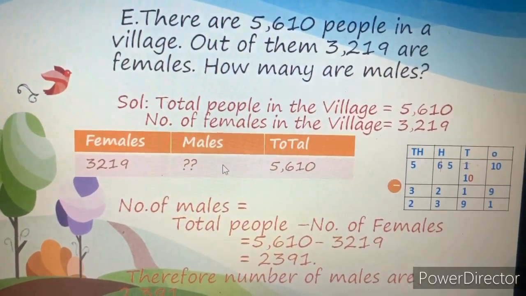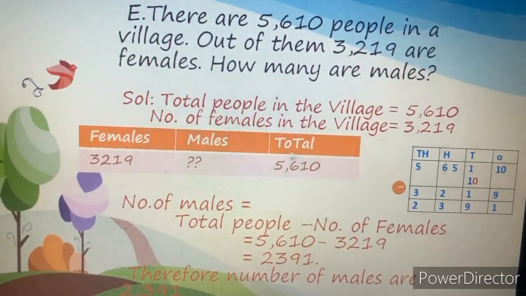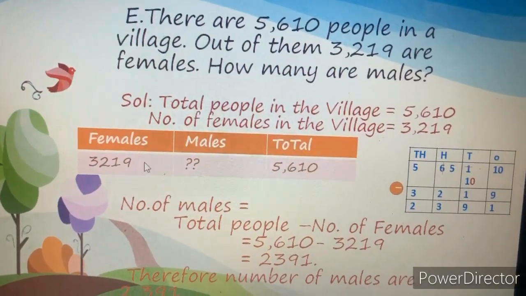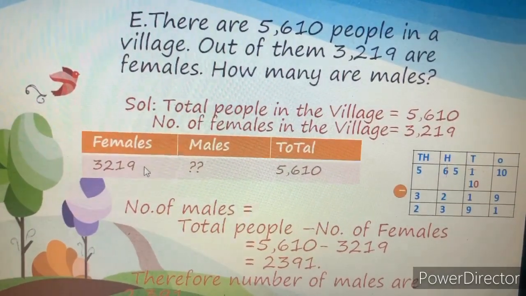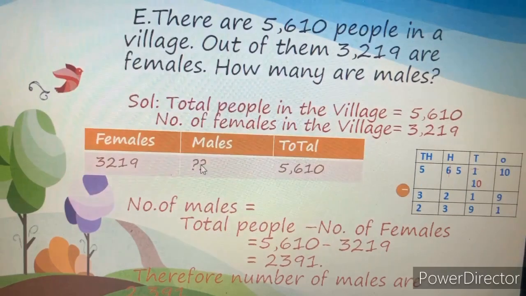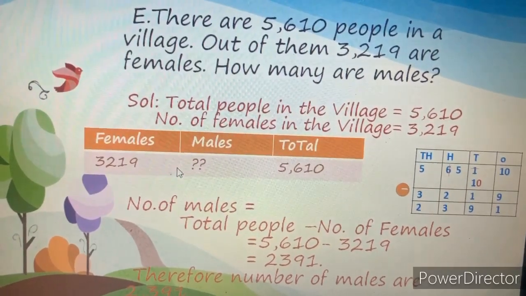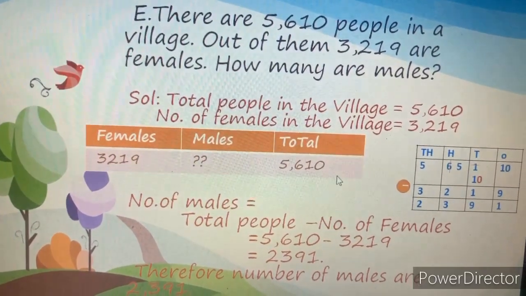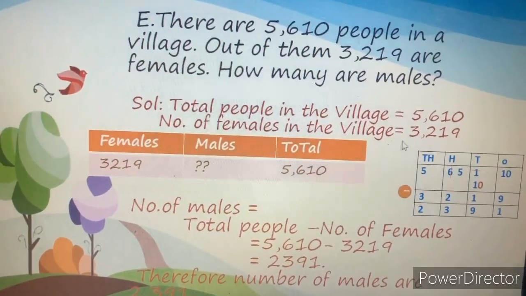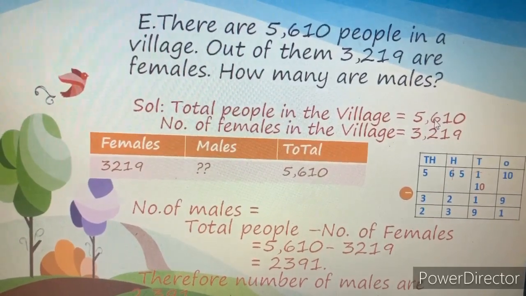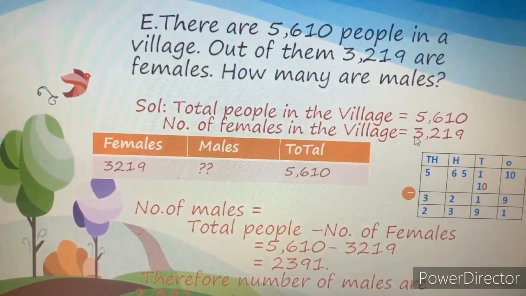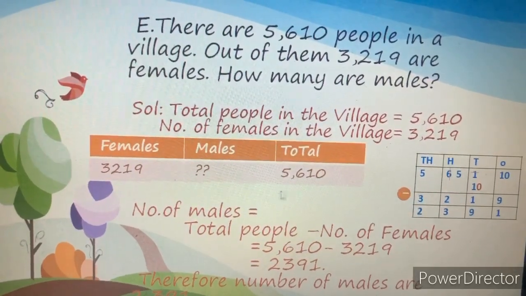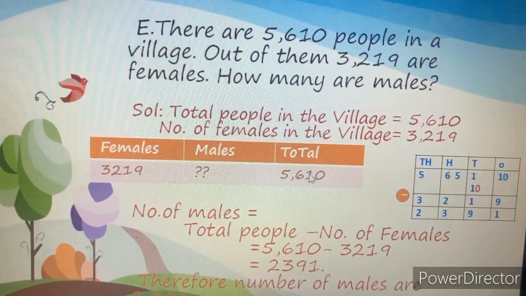Okay, children. So here the same question, isn't it? Like Pinky and Rinky we just solved. So here there are 3,219 females, but we do not know how many gents, how many uncles are there. We know how many aunties are there and we know the total number of people. So total people in the village 5,610 and number of females 3,219. So what are we supposed to do? We have to subtract total minus